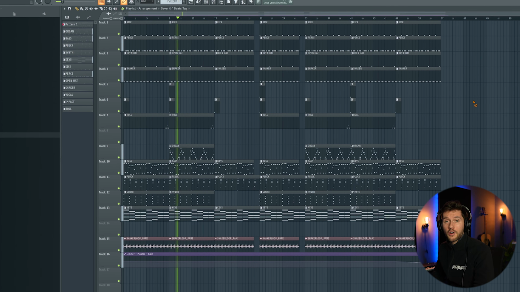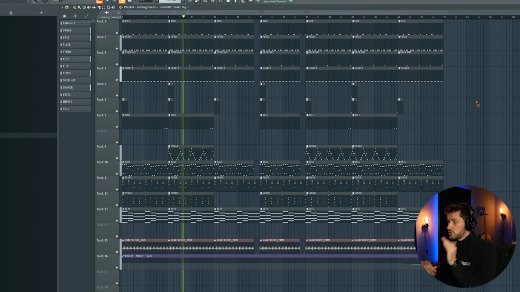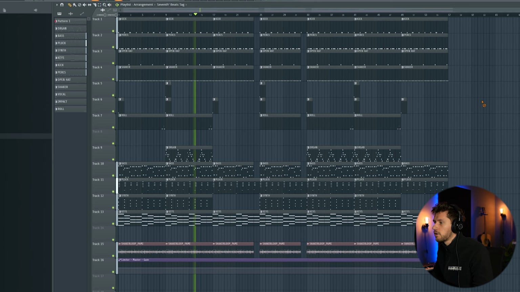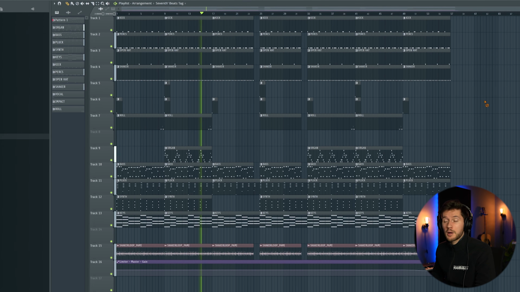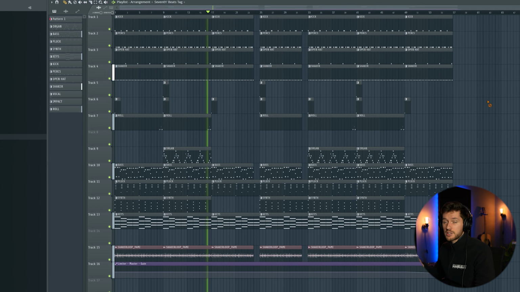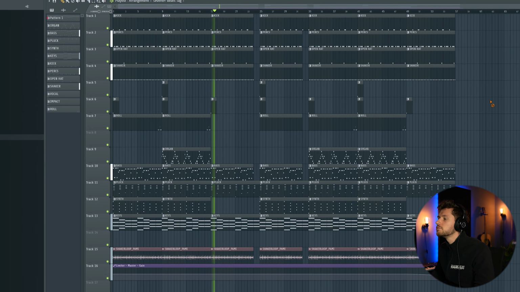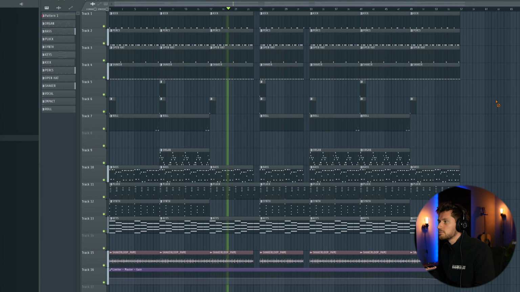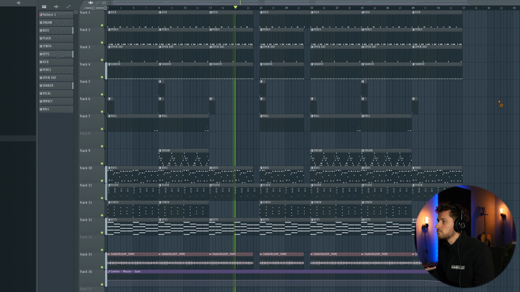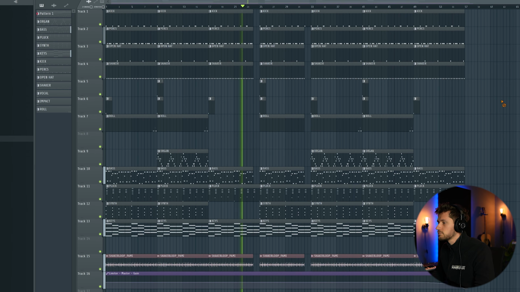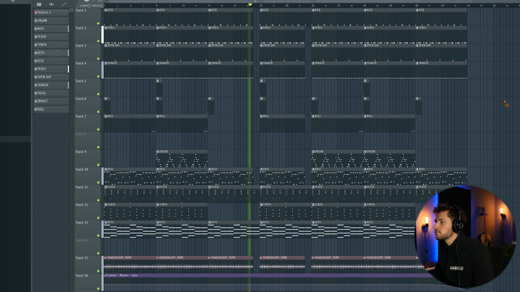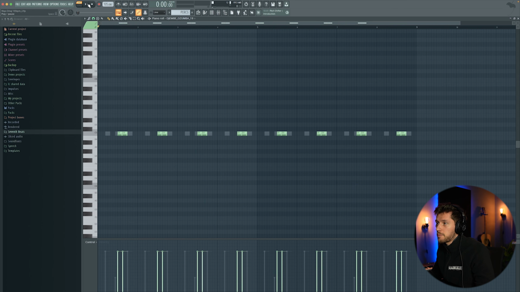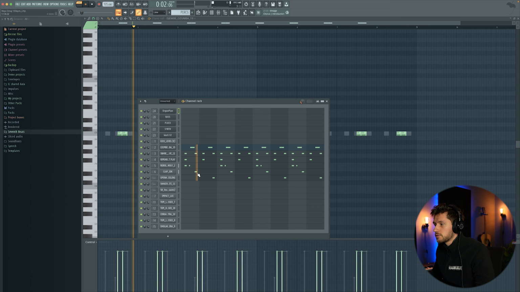Add some reverb to the organ, push it to the background. Also added some reverb to one of the drums and added an extra snap. So I've added some more elements. So I've added this snap, this one,